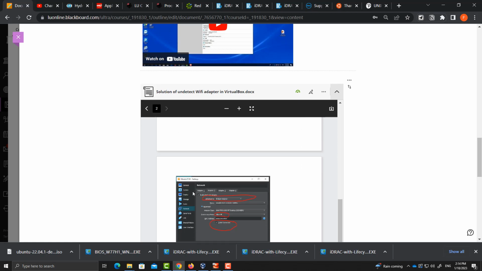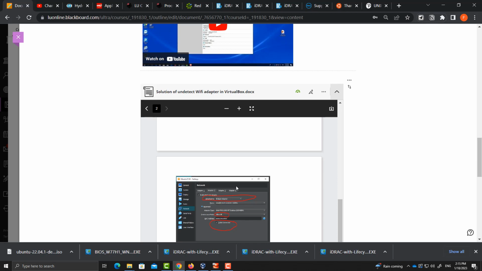You go to Settings, Network, and click the Adapter 2 tab, then enable Adapter 2. Select Bridged Adapter, allow all traffic, and check the cable connected box.